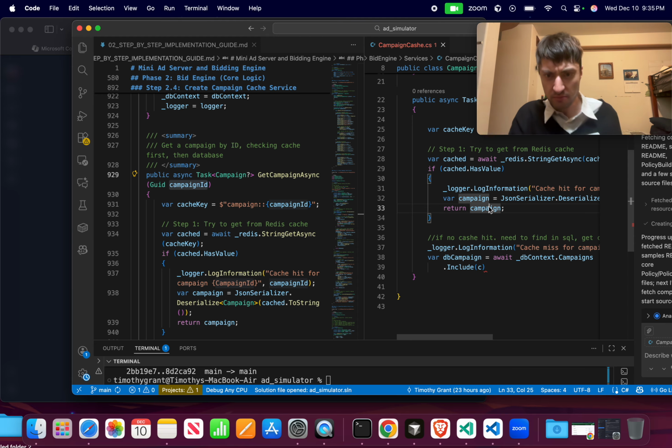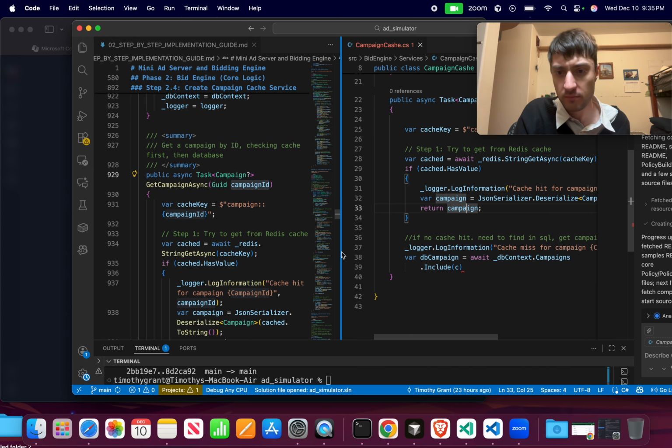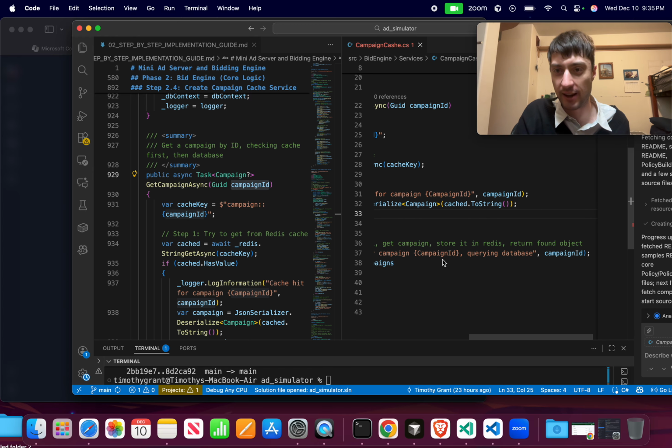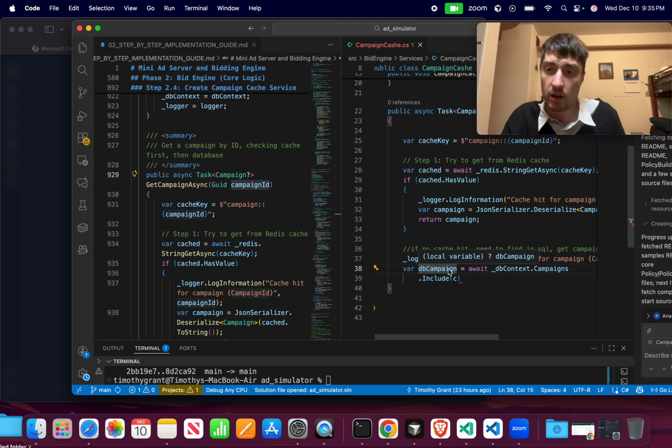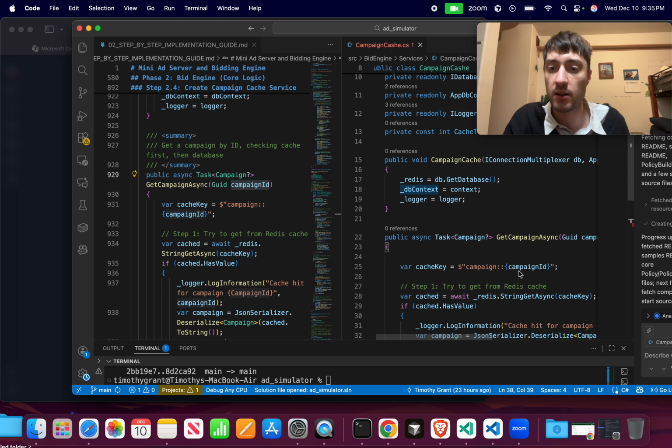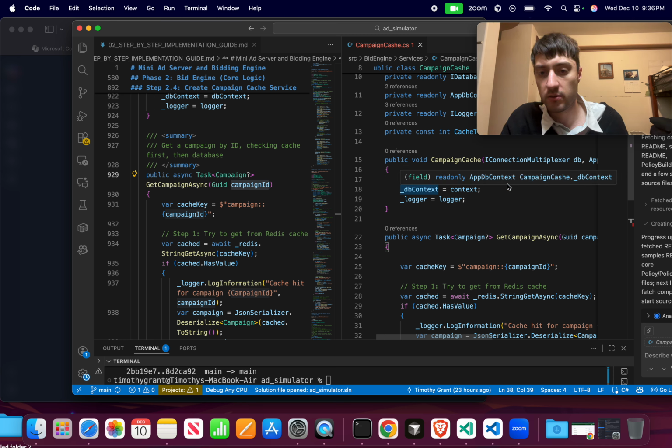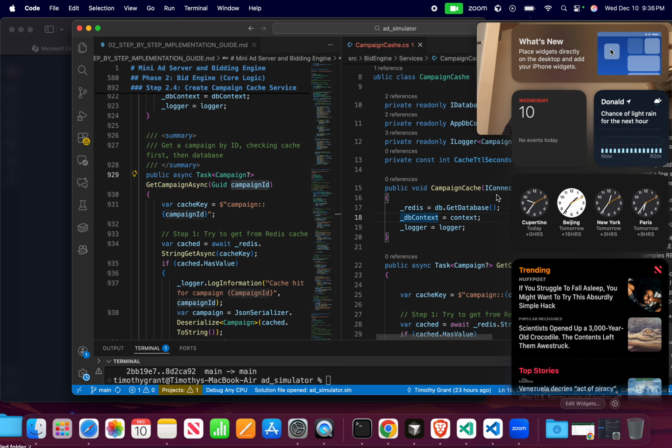All right, so we say, hey, we missed it. We just print that. We missed it, then no cache hit. So now we do this await. We're going to get this variable back, and this is going to be the actual campaign from the SQL database. So this DB context is not the Redis. This one, see, here's Redis. Here's the DB context, which is actually,